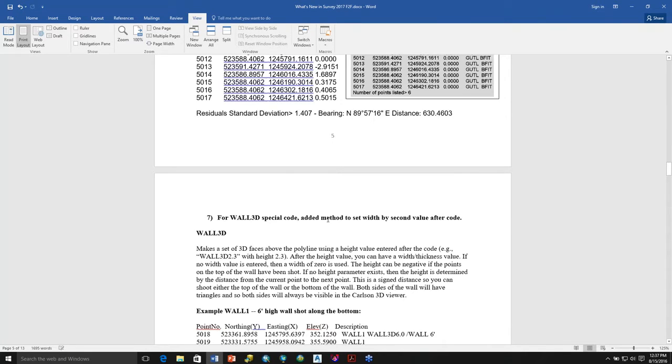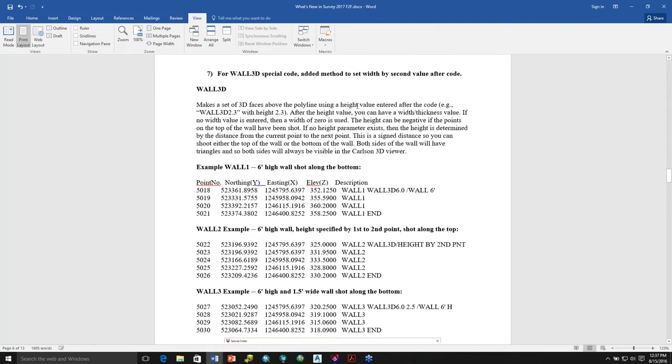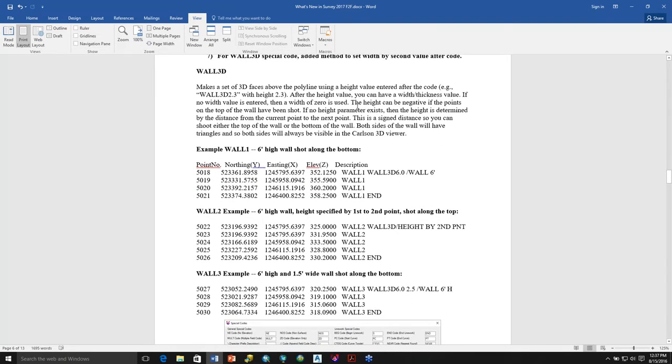Now the next one is wall 3D. This one was in there before, but what was added was a method to set the width to a 3D face wall by a second value after the code. That second value can be a distance, and as you can see right here, the last one, wall 3 example, is 6 feet high, 1.5 feet wide. Actually, it's 2.5 feet. I'll correct that. 2.5 feet wide wall shot along the bottom,